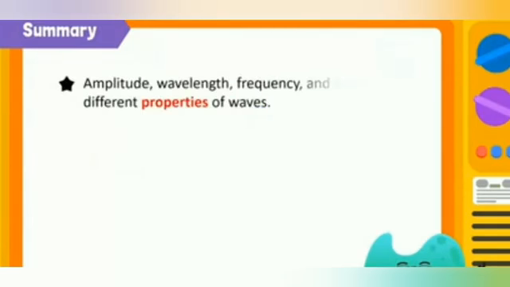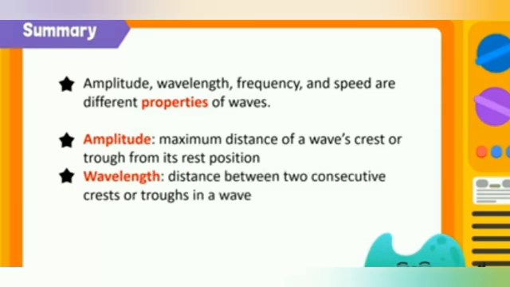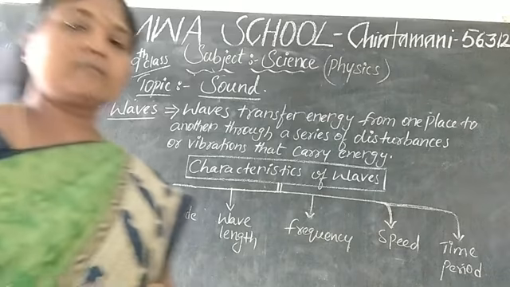Today, we've learned that amplitude, wavelength, frequency, and speed are different properties of waves. Amplitude is the maximum distance of a wave crest or trough from its rest position. Wavelength is the distance between two consecutive crests or troughs in a wave. Frequency is the number of waves that pass through a fixed point within 1 second. The speed of a wave is equal